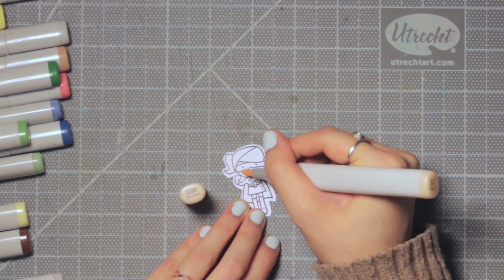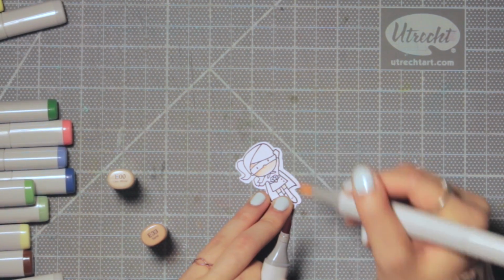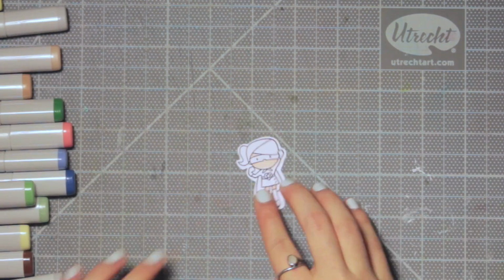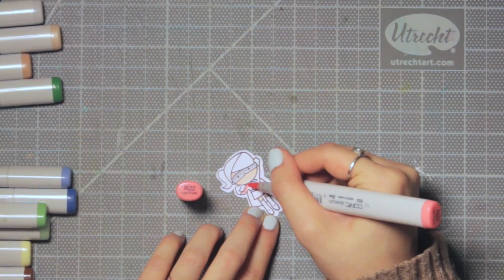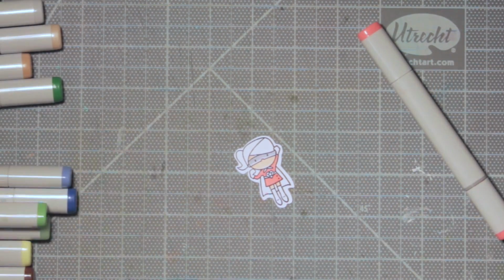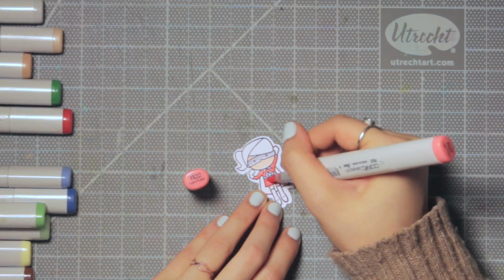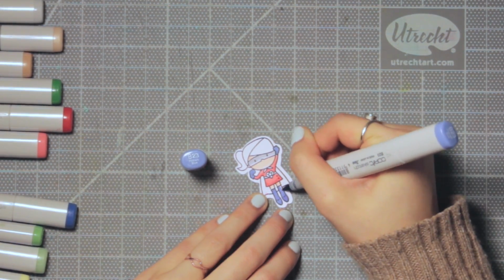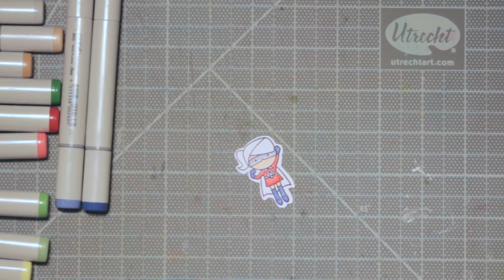I know I've said this in previous videos, but I really don't have a lot of markers. Basically what you see here is everything I have, and I really love this stamp set because even with my limited color palette, all you really need are some skin tones and then the primary colors, because since this is like a superhero themed set, usually all of these costumes are like red and blue and yellow, so this just works out really perfectly. So I'm just doing some simple Copic coloring, putting down some lighter colors and then shading